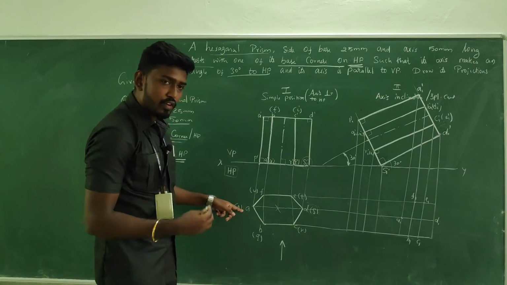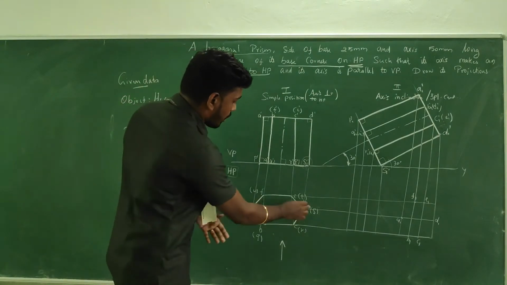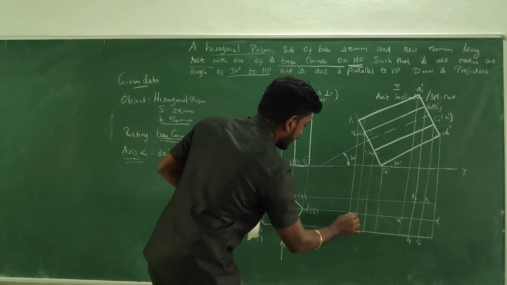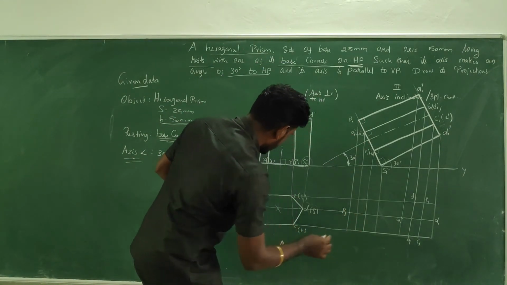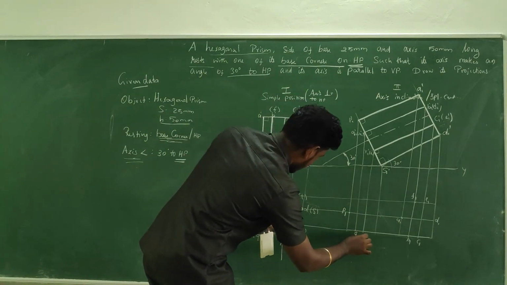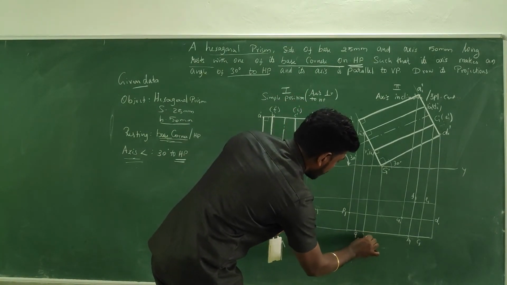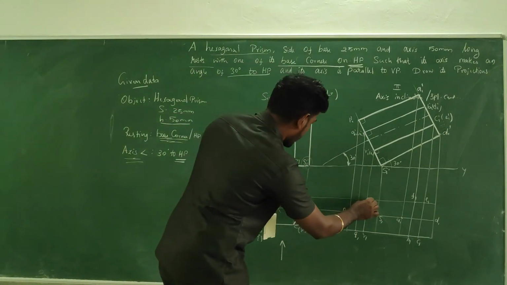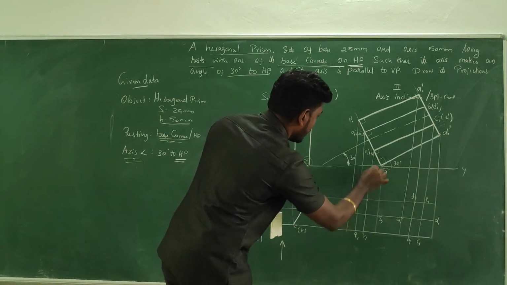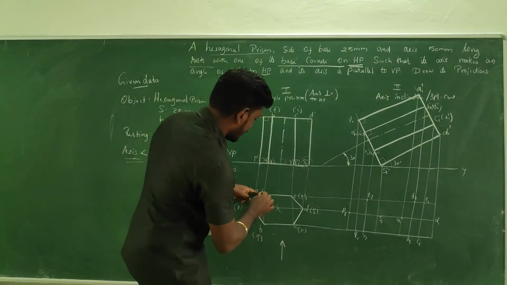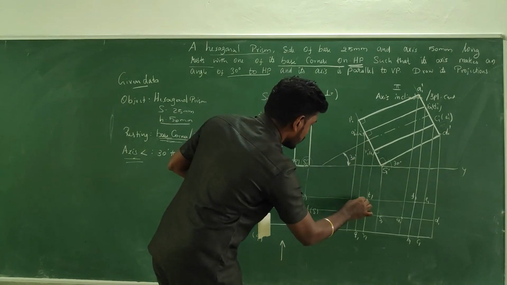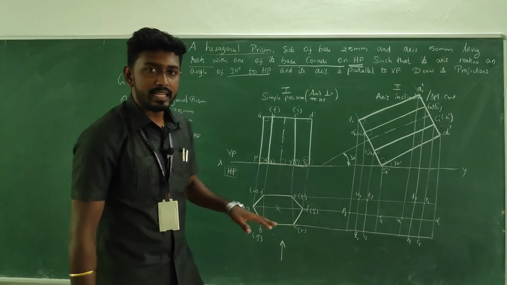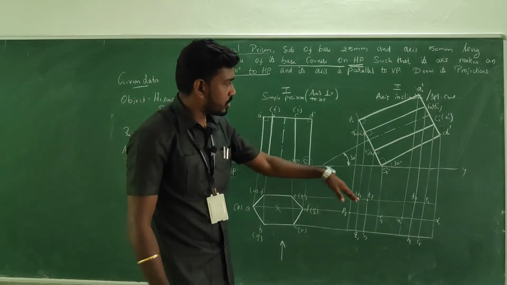In the same manner, go for the bottom base P, Q, R, S, T and U. Here is the horizontal and vertical, so the meeting point will be P1. Here is Q1, here is R1, here is S1. You just go with the meeting point. This is a horizontal T and here is a vertical T, so it is T1, and U horizontal, U vertical, so this will be U1. So just pick all the intersection points with respect to the horizontal and vertical lines.